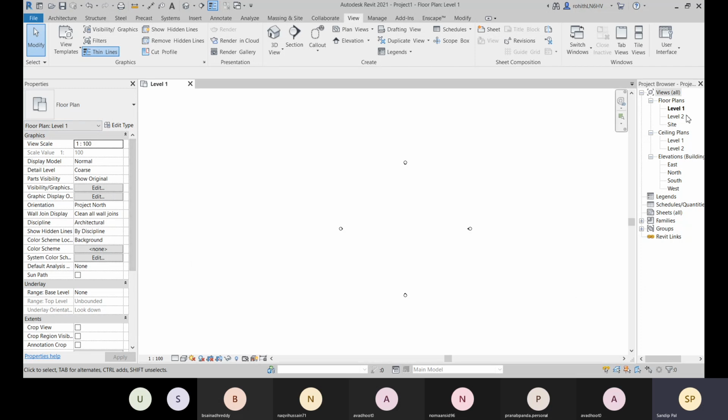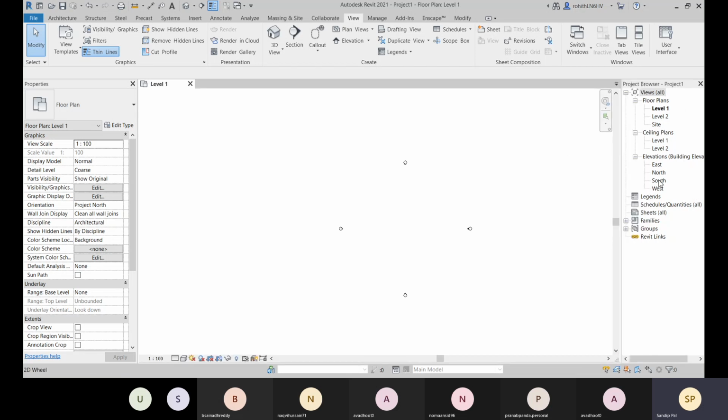And we have our project browser. So project browser helps you to organize all the views and all your sheets, all your schedules, families. You can organize here as per your project. Here you can see that we have some floor plans created. As per default levels, we have this floor plan, ceiling plans, and we have this elevations.